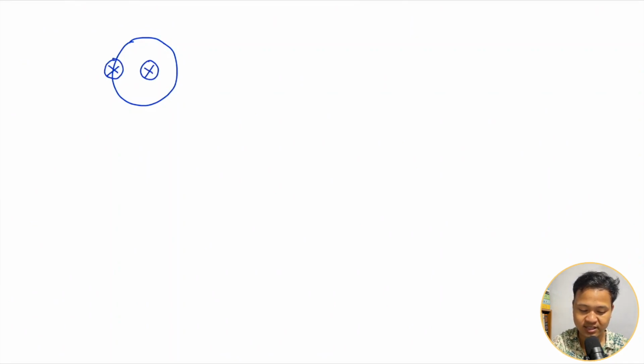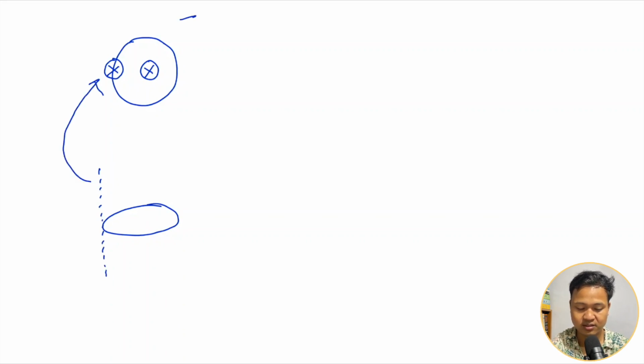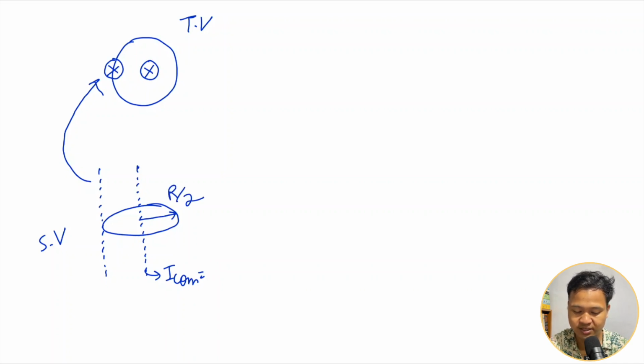So see, if I try to look from the side view, the axis is here, that is the top view and this is the side view. Then using the parallel axis theorem, we draw an axis through the center of mass. So this is ICOM, which is also mr square by 2, where the radius is r by 2. So ICOM is m2 into r square divided by